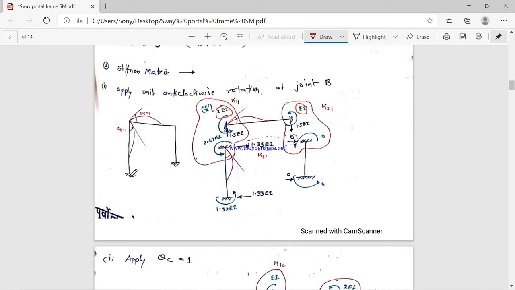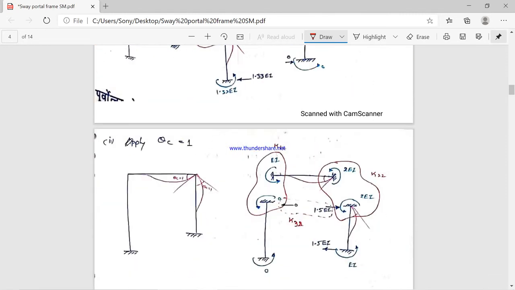As the members are rigidly connected with each other, this is a portal frame, a pin jointed portal frame, so if the effect of the force or the rotation is applied at that joint, obviously the sum of the effect will come, but not in the form of the formula. Although we have to show the sign convention of this horizontal and this moment, the effect of the formula will not be considered, because we are applying the anti-clockwise rotation at the joint. This point you have to understand and carefully remember.